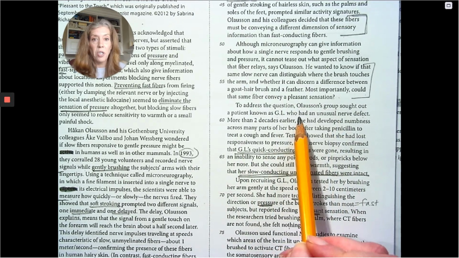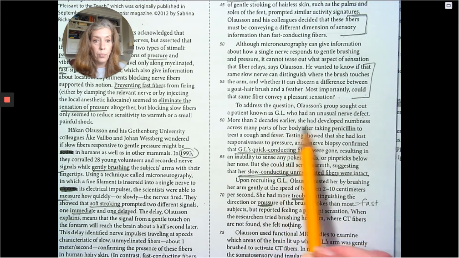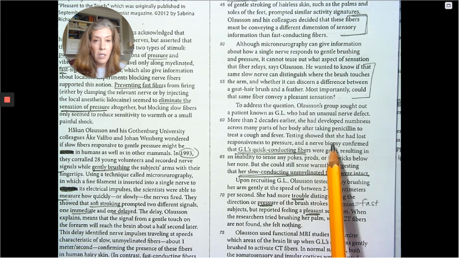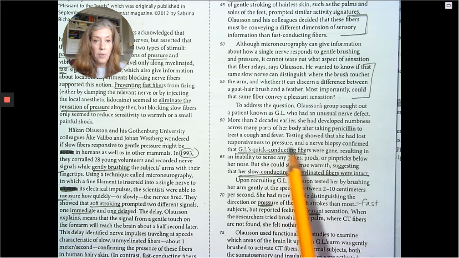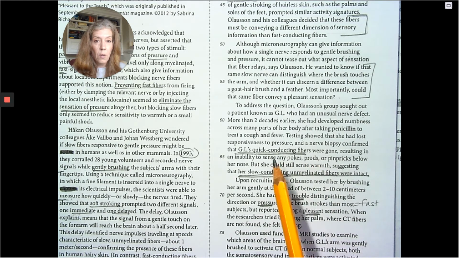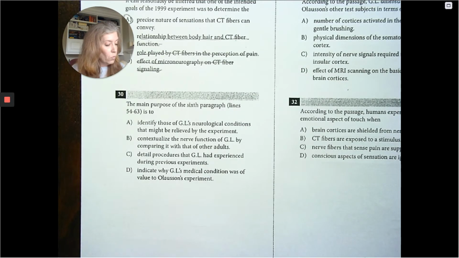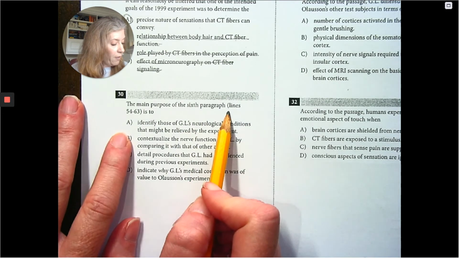Oh, this is the introduction of GL. Sugar penicillin. And then she has nerve deficits. But she has slow conducting nerves. Okay, just to remind myself. So the main purpose of the sixth paragraph is to